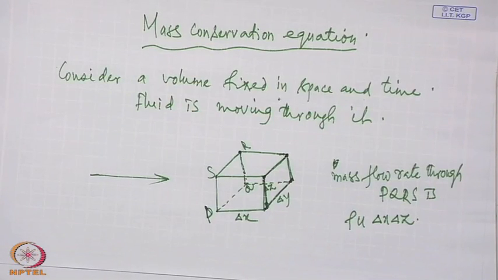See, this rho u is changing over this length delta x. So, it should be rho u plus delta rho u, some change in rho u, and to the first order of accuracy we can write that to be rho u plus d dx of rho u into delta x. So, through the opposite phase